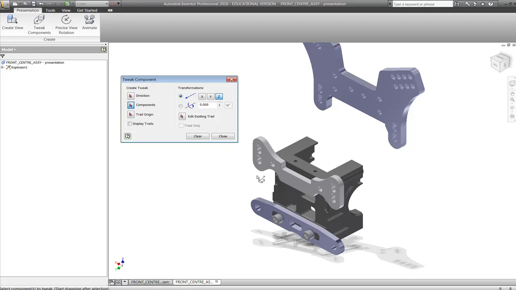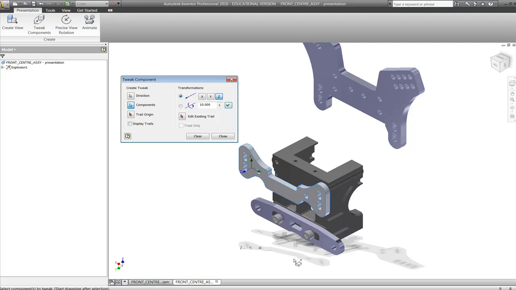And the next component I'm going to look at is this plate in the front. I'll find out the direction by clicking on the front of the plate, and I want to pull the plate in the positive Z direction towards me 10mm, so that will be Z, linear, 10,